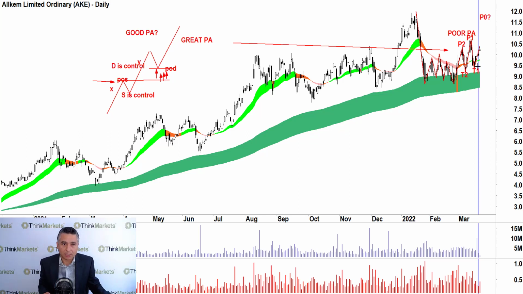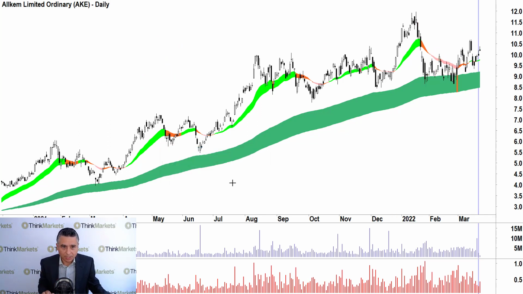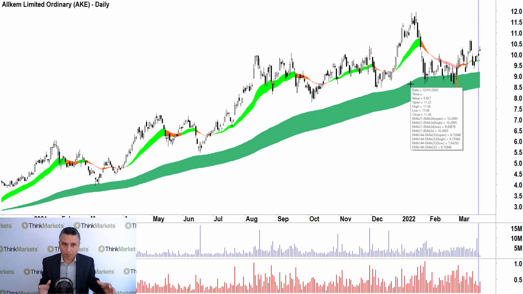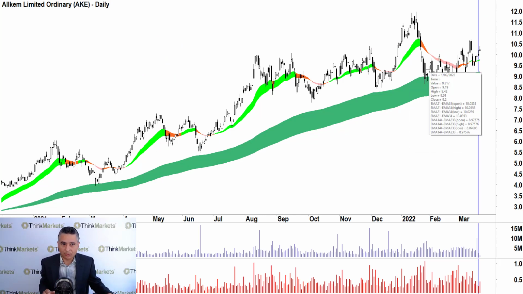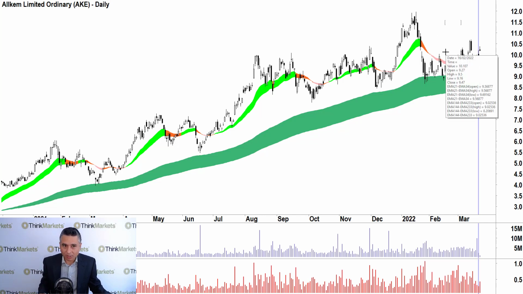So look, I'd probably give this chart, and I know this is frustrating, but it's all going to be in the recording, don't worry. And I just want to do this because I just want to look at the candles now. This is kind of the final piece of the puzzle. I want to see lots of white candles. And I'm seeing a really sort of 50-50 mix here. So the market's a little bit undecided. I'd probably give this chart a solid, well, I was going to say 7, but I'm going to go 6.5